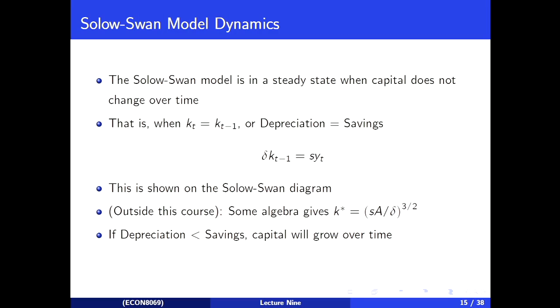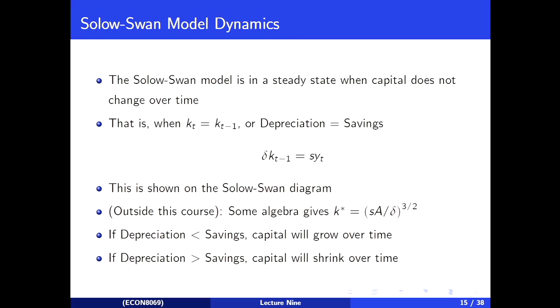So if we're at a low level of capital, then we're going to be saving more than we are depreciating, or depreciating less than we're saving, if you like. And so we're going to see capital growing over time in this world where we have low capital. Similarly, if we have high capital, then depreciation exceeds the rate of savings. Depreciation's up here, savings down here. And so we're going to see the total capital stock, or the capital stock per person, but same difference, shrinking over time. So this is also a stable equilibrium.